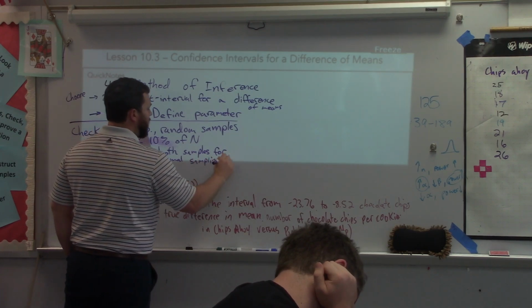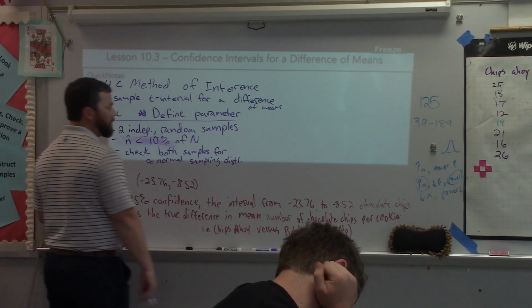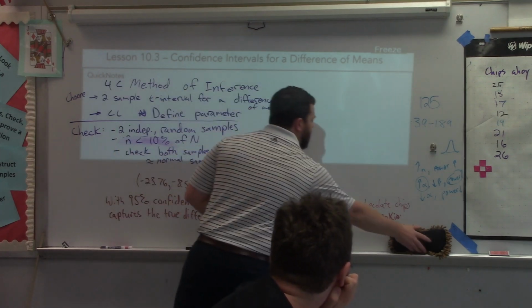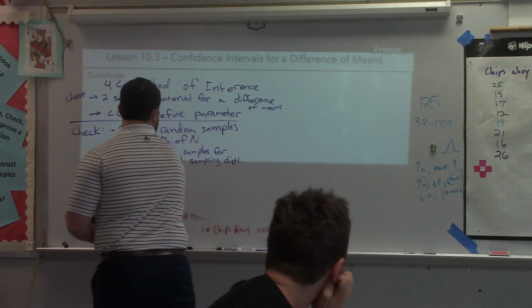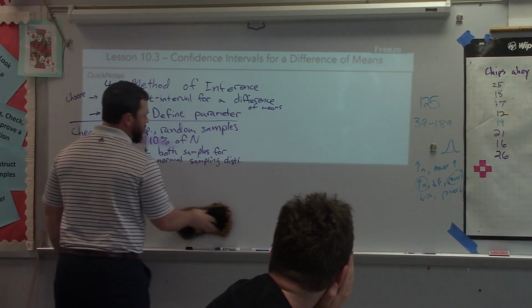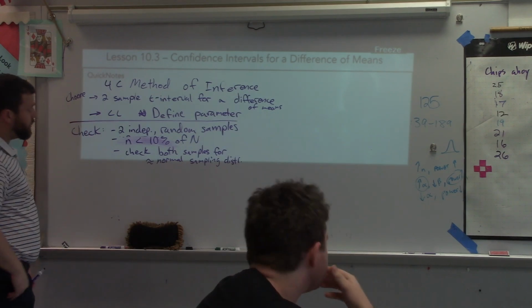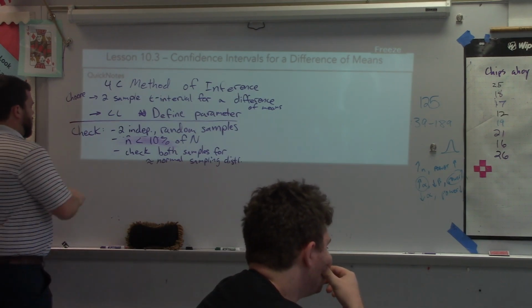And I will always bring it up, if they tell you the population is approximately normal, the sampling distribution is approximately normal, but man, that's very rare to actually happen. Okay, as long as you satisfy the central limit theorem or the sample is not heavily skewed, you're going to be good. All right, after check,